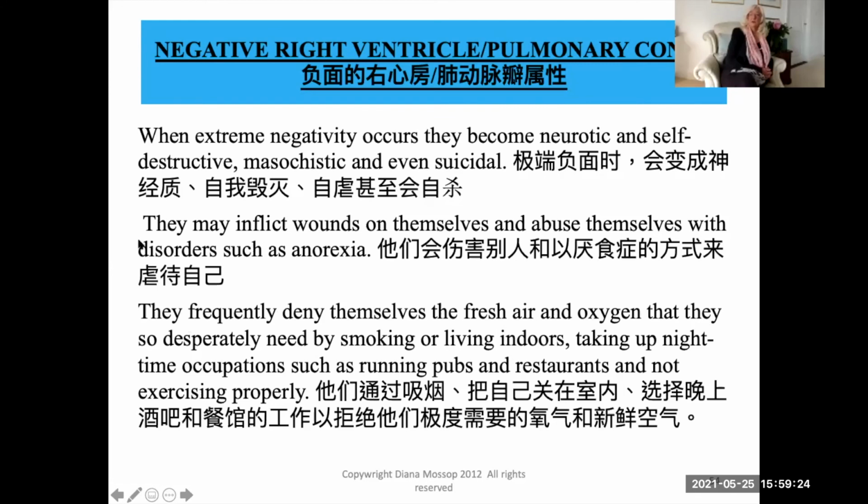Actually, a negative pulmonary valve person can be quite nasty. They can be aggressive, cruel. They're not aggressive physically, but they can be very cruel with words. Actually, it can be very unpleasant to come up against a negative pulmonary person, because they can be evil and cruel and wicked, and use words to hurt, like a cut knife. They can use knives like a saber sword and cut through people and destroy them.